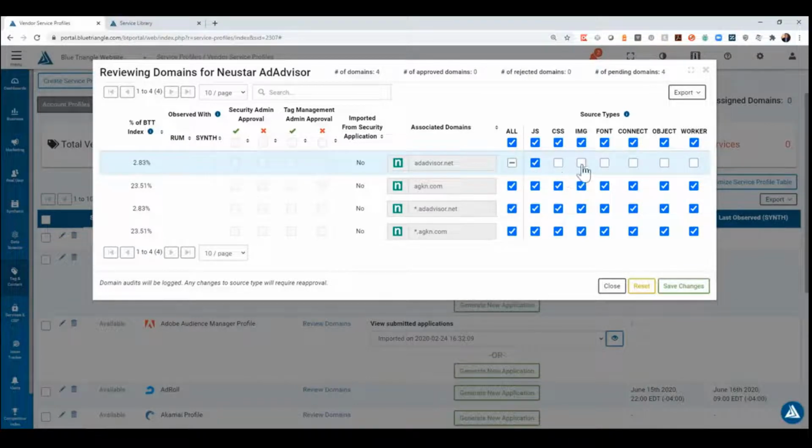Now, if it loads a CSS file, that's going to raise a flag and send out a notification saying this is not part of the approved domain whitelist, so we're going to send you a notification. And the way to get notifications